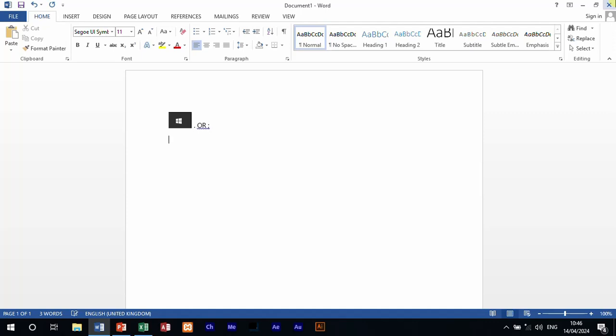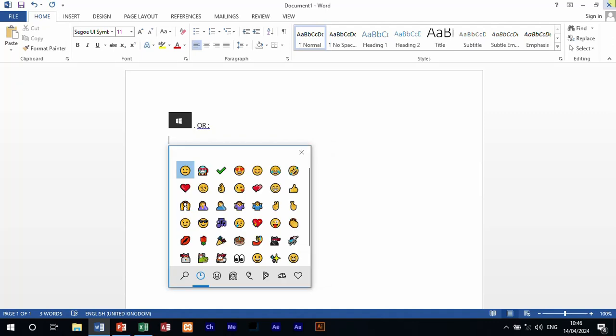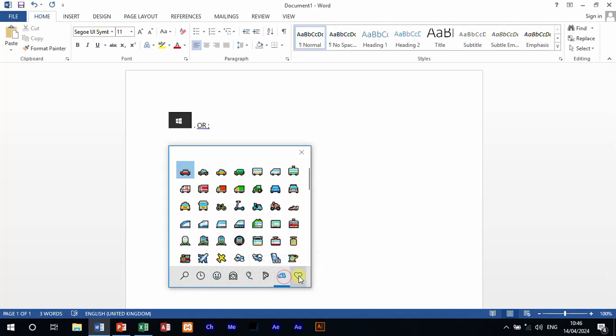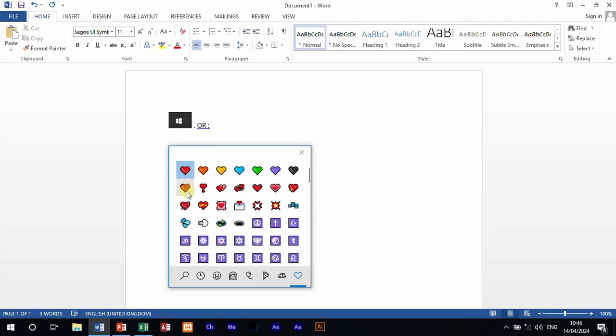So to do that, you just place the cursor where you want to put your emoji, and then you press the Windows logo key, as I have said, and then you press the full stop. Once you do that, you'll see the emoji window, and here you can choose the one that you want. So assuming that I want any one of these, you just click here and then you say okay. It will be placed in your